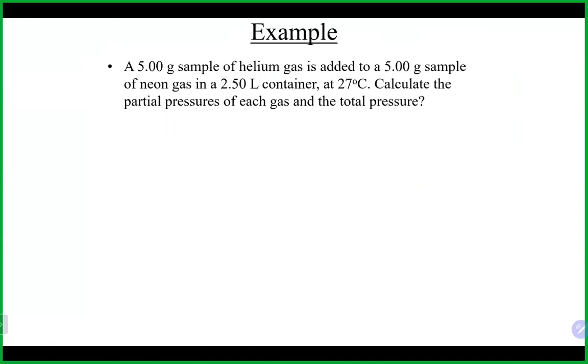So why don't you give it a try and see what you come up with. If you have 5 grams of helium and 5 grams of neon in a 2.5 liter container at 27 degrees, we're looking for the partial pressures of each gas and also the total pressure here. So we're looking for 3 answers: partial pressure of helium, partial pressure of neon, and the total pressure. Helium is